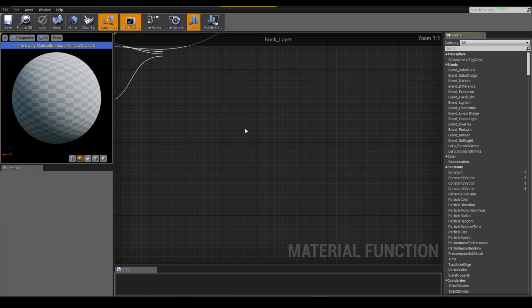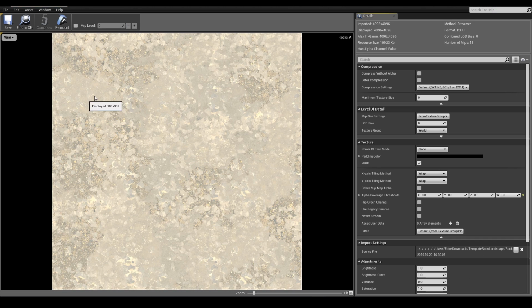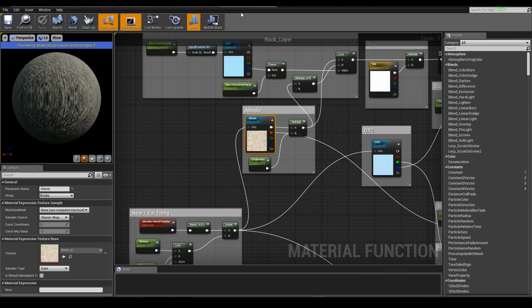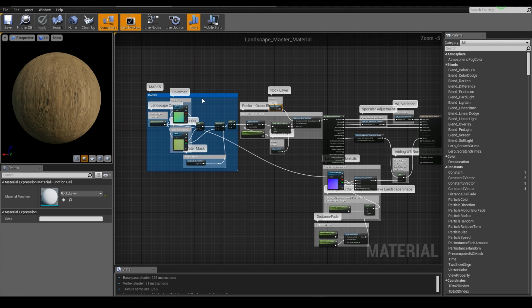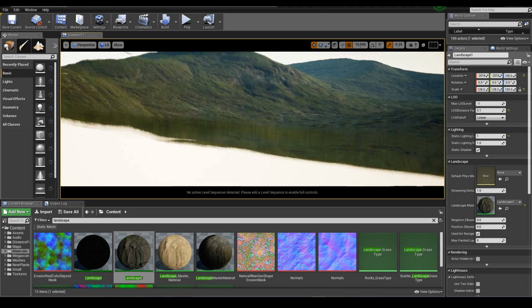The same goes with the rock layer. It's more apparent here that it's just been a few different scans blended together, exported from Megascans Studio, and then imported to UE4. So I wouldn't worry too much here. There's plenty of good resources online about creating landscape materials, and I mainly wanted just to have something interesting to